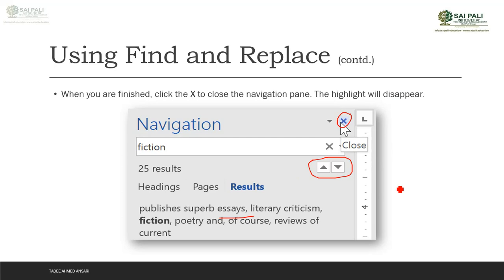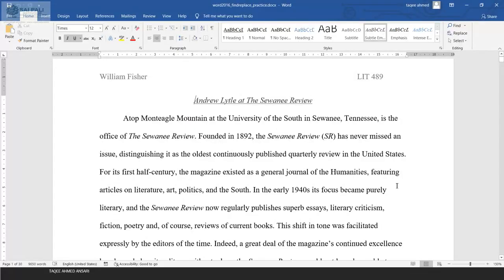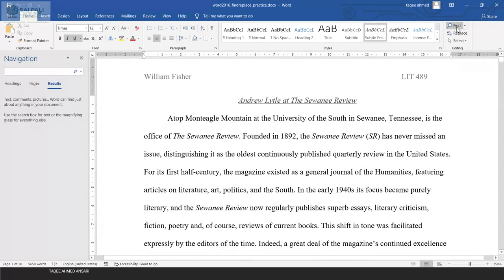Let's say we have this document. Now I want to find something in this document. So what I will do here, in the Home tab, I will go to the editing group and click on the Find command. When I click on the Find command, this navigation pane appears on the left side. Now here I can type whatever I want.